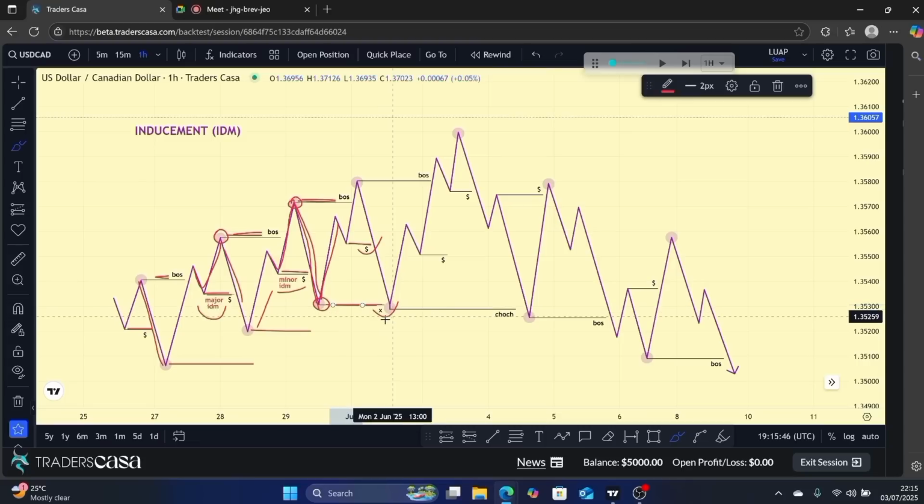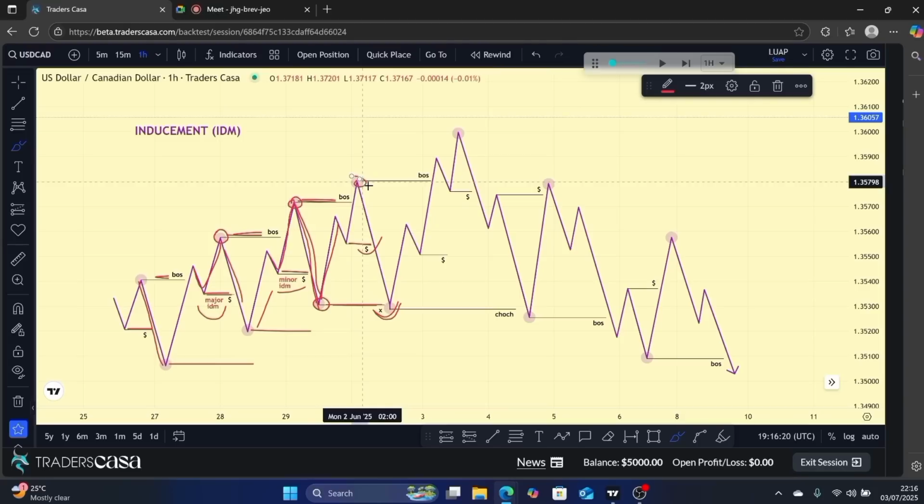But in this scenario, I even tried to place a line to represent that it is just a wick that dipped down, grabbed that external liquidity, or grabbed that major inducement, and then reversed back abruptly. So you can clearly see after that. So I will not be confirming this one here to be a change of character, but rather a grab of major inducement. So this one here is a valid swing point, and this became a valid swing point after price